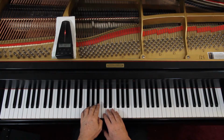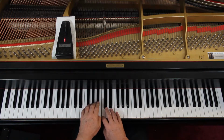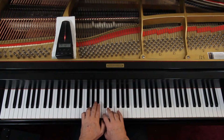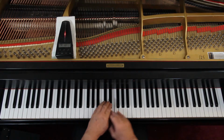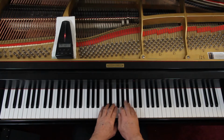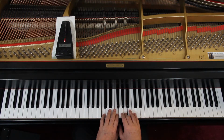Let's play this together slowly to double check the notes and the rhythms. I'm not going to do dynamics, but I'll give us 4 counts. 1, 2, ready and go, and 1 and 3 and 4 and 3 and 4 and